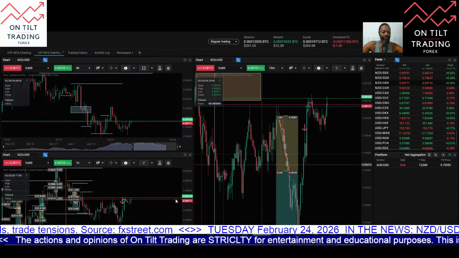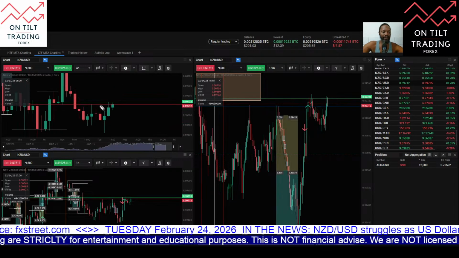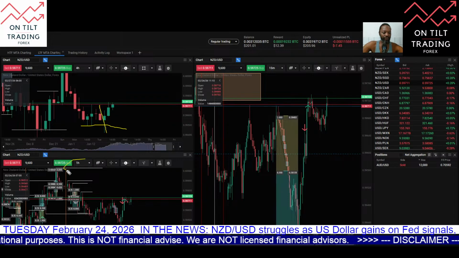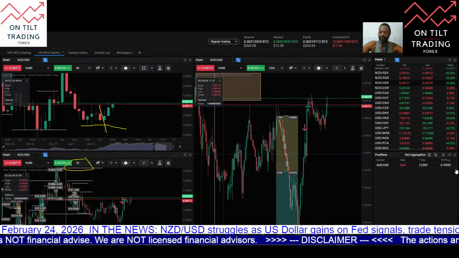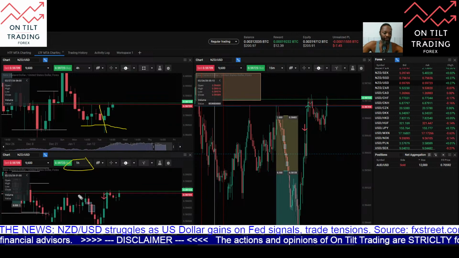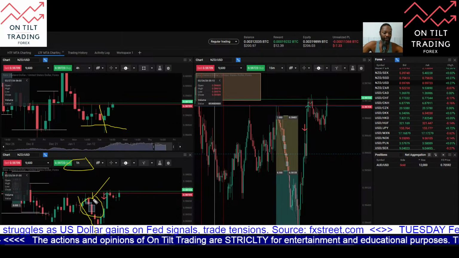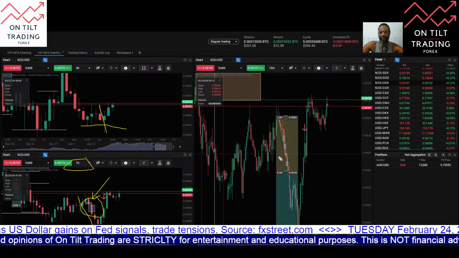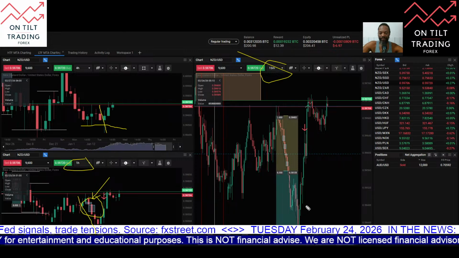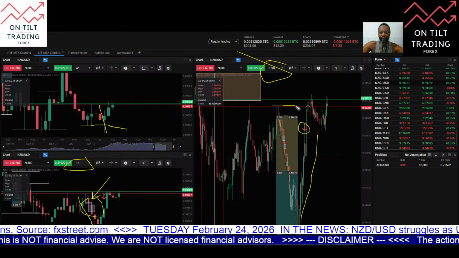Okay, so similar setup. Here you have this sell side delivery here. And then on the 1 hour, you get that price action where you get the sell side and you have these bearish fair value gaps. So this setup is very similar to Aussie dollar. And here on the 15 minute, with the exception of price pulling back, I took an entry, but price did